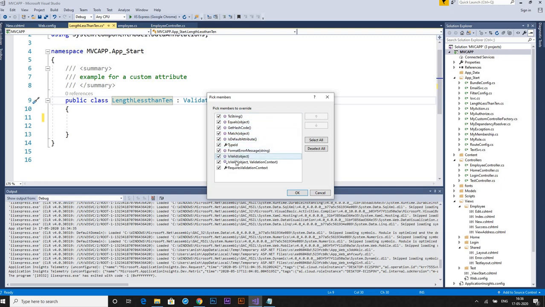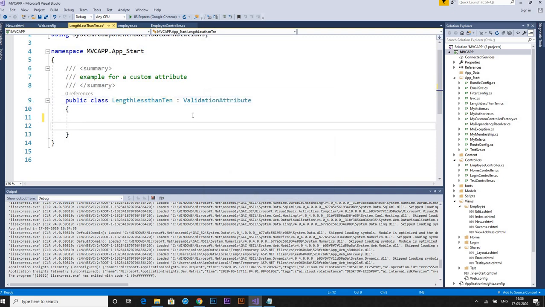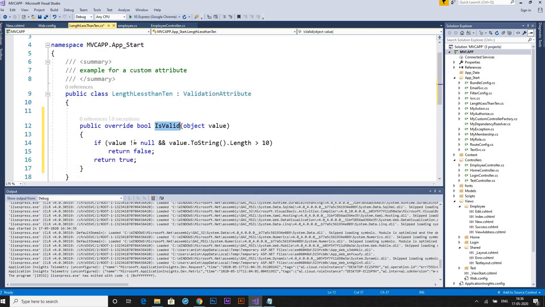I can see different methods, and I want to override the IsValid method. So I override it. Here I am going to validate that the string length should be less than 10. If it is greater than 10, I am telling it is an invalid string length.